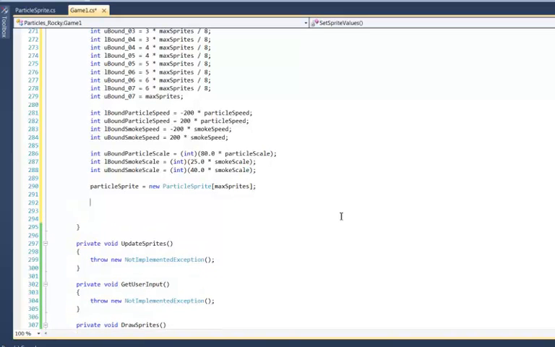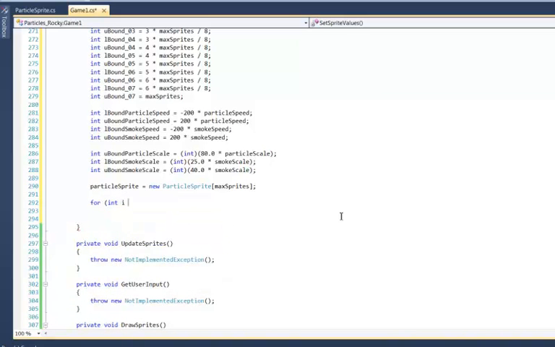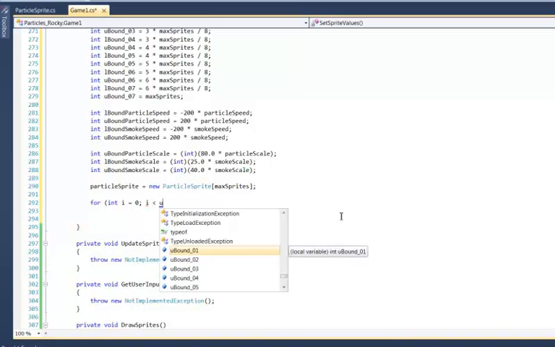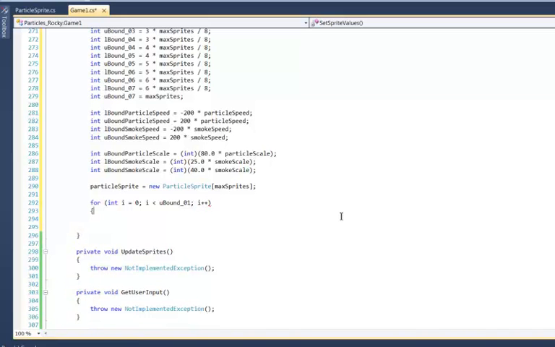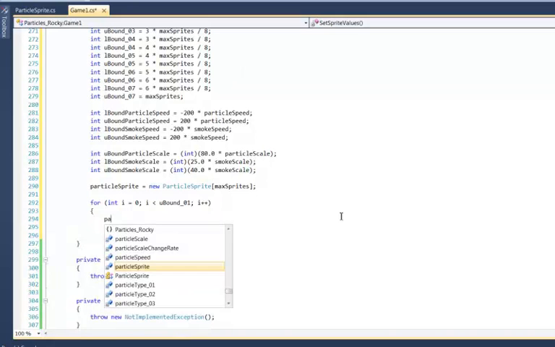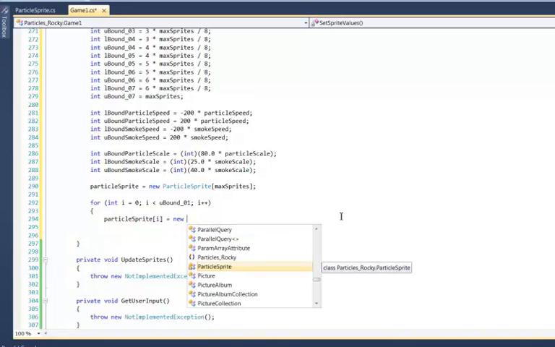Okay, so now we have to initialize the individual particles. So we're going to say for int i equals 0, i is less than the upper boundary of the first segment, and then i plus plus. This is a loop that's going to take us from 0 to 1 less than the upper boundary of that first group. So now we're going to create the individual particles. So particle sprite, and then in square brackets i. So this is going to go from 0 to 1 to 2 to 3 and so on,